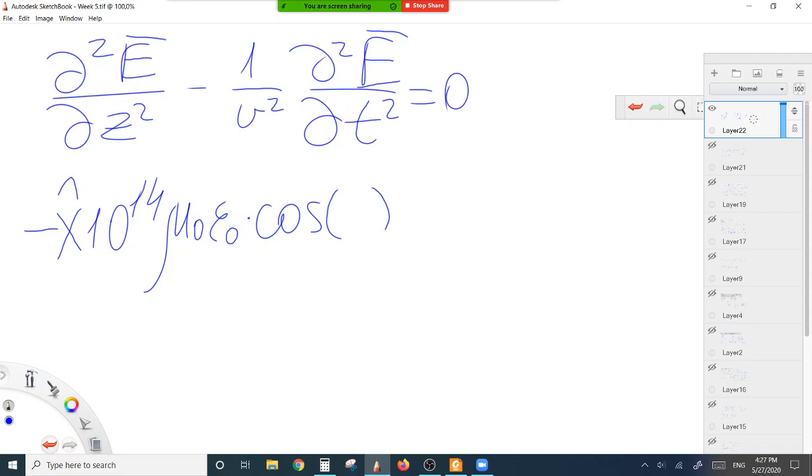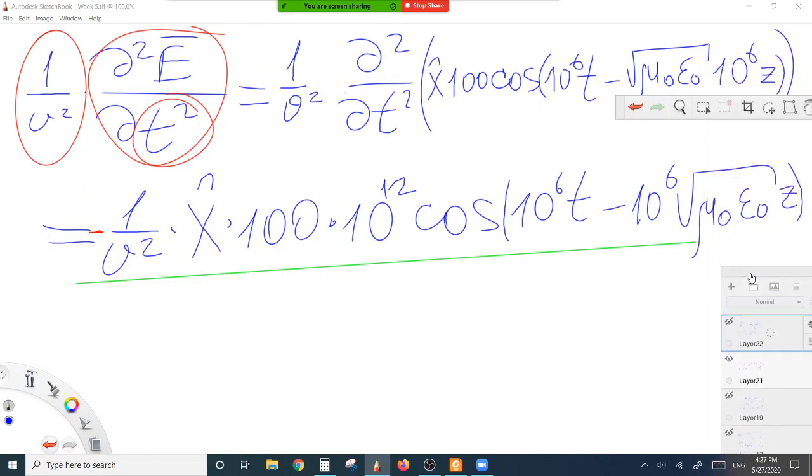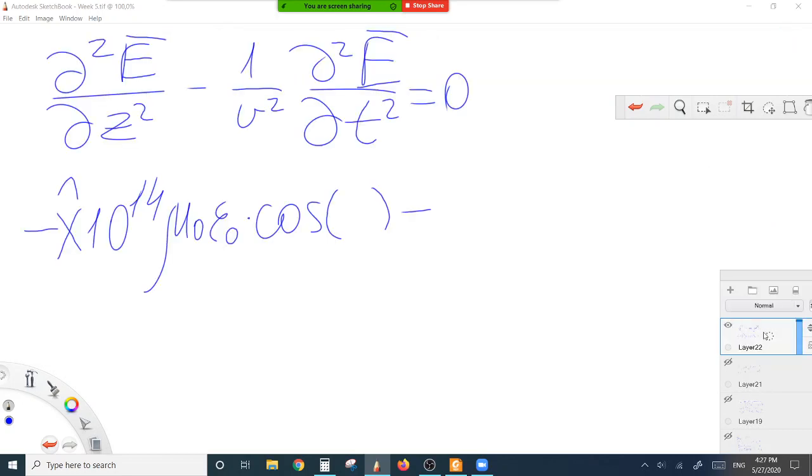Now I will not write the argument of the cosine because the argument in both cases is the same. I think it will be clear in this way also. And the d squared E over dt squared here, minus 1 over v squared. With this minus we get plus 1 over v squared multiplied by